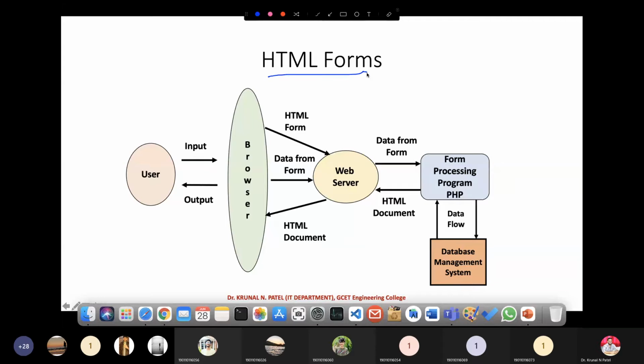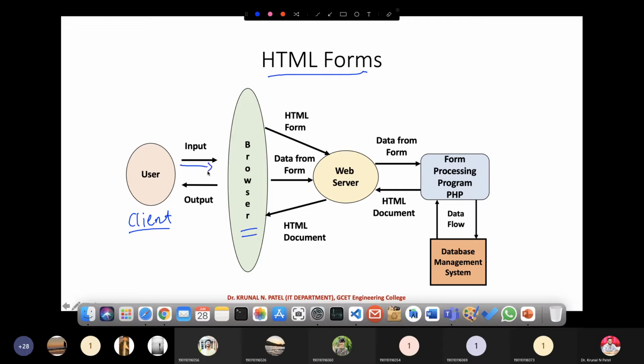First let's understand how forms work, and then we jump onto designing. First, there is a user, or you can say the client. Here we have a browser, and in the browser we have our web page.